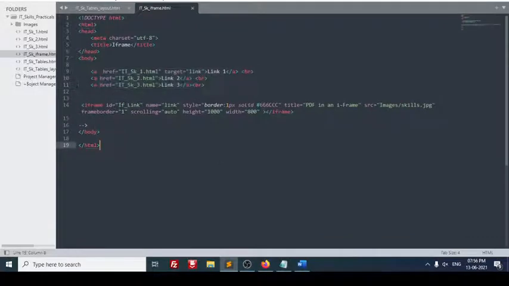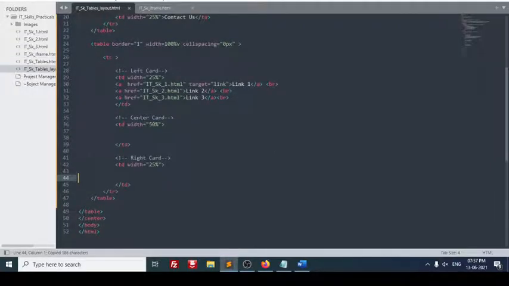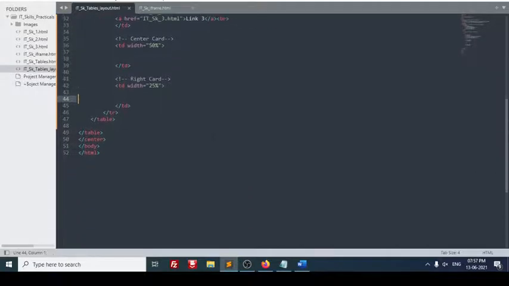Here I have used one iframe, correct? And here you see, first I have set 3 links: 1, 2. See, this is a separate page. It is not a layout. Let me do one thing. If I explain it here, you might get confused. So I will do it in the same layout page. I will copy this and put it after this table also. I will not put it into the table. I will put it separately.